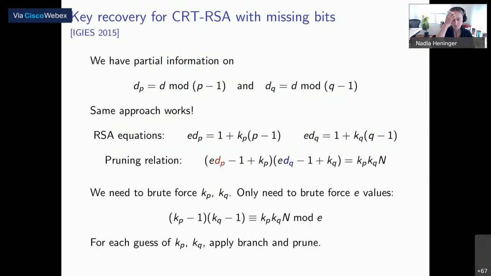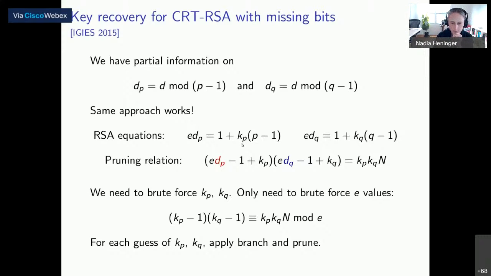The more work is essentially to write out a new set of constraints from the d mod p-1 and d mod q-1 that you know. But we in fact do get a pruning relationship that looks very much like what we had before. It's a little bit more complicated. So instead of p times q equals n, we get this complicated thing that's essentially e times d mod p-1 minus 1 plus the modular reduction integer multiplier times the same thing is equal to this. And so we have some new variables floating around. I don't know if you guys can see my mouse,